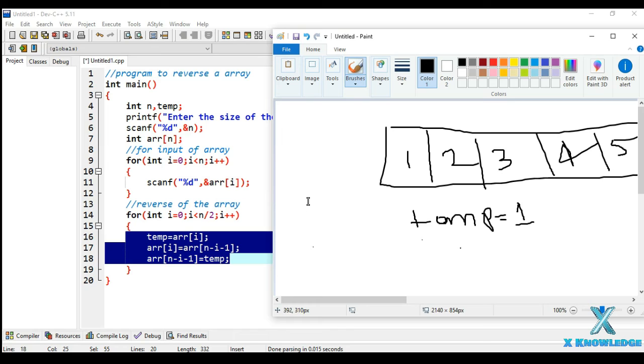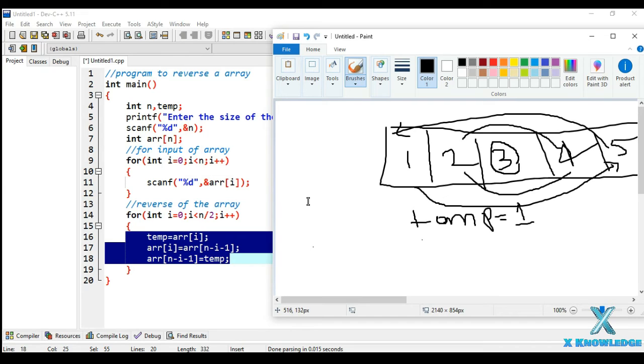That is 1. So the last element is going to receive the value 1 out here. So what we have achieved is that the 5 came at the first position and the 1 went to the last position, and this process will go on, like 4 will come at this position and 2 will go to the fourth position, and 3 will remain at the same position only, because the for loop will work only 2 times.